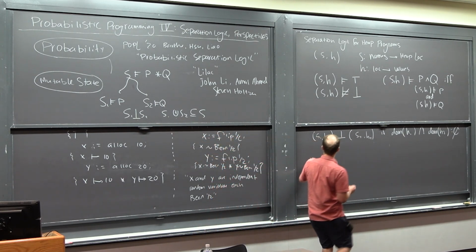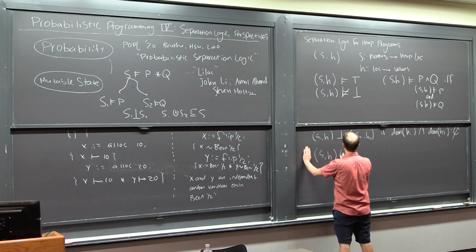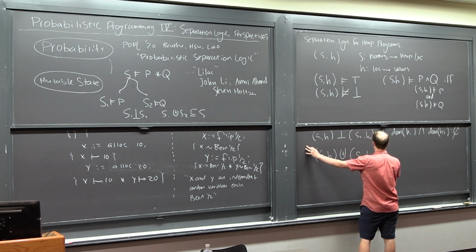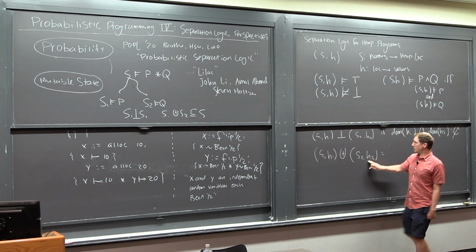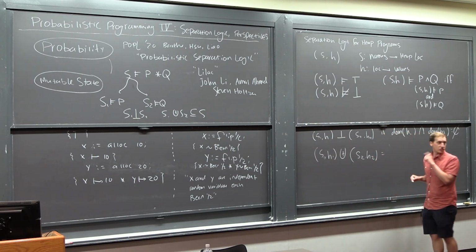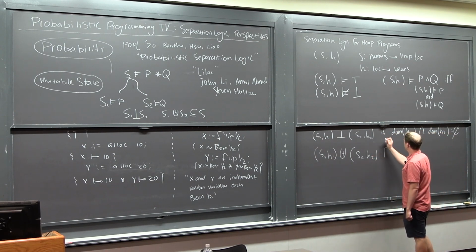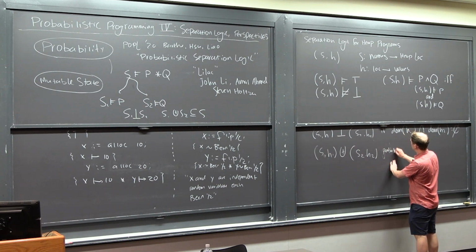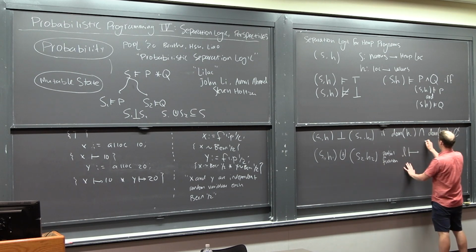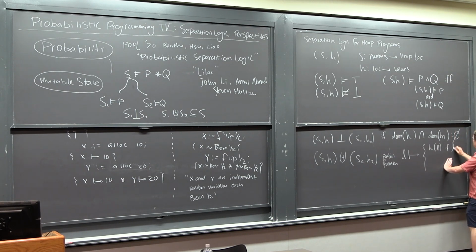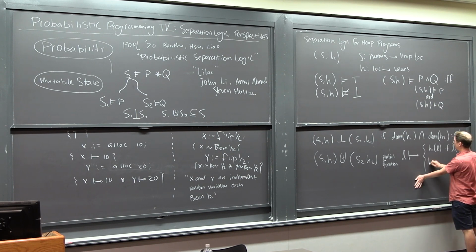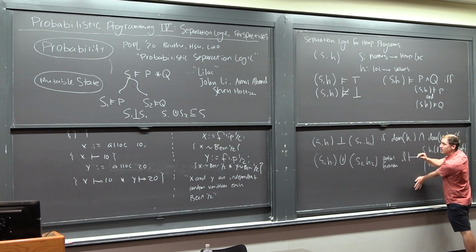And then disjoint union. S, H combines with S2, H2. That's going to be defined as the disjoint union of heaps. Okay? So it's a partial function, right? This is important. It's a partial function, which is defined as you give me a location, right? And it's H1 of L if the location is in the domain of the first one, H1. And we say H2 of L, or sorry, I need to be looking it up in the